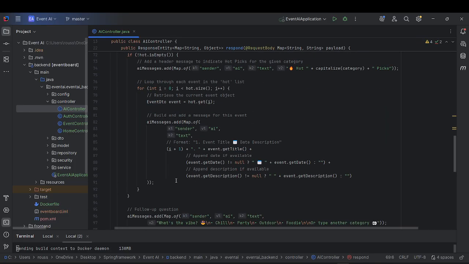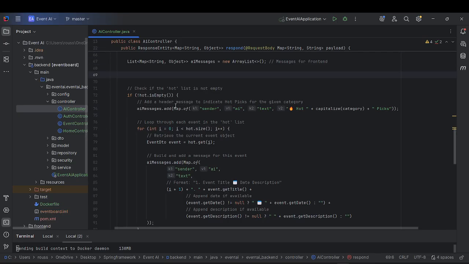So yeah, moving on, we have check if the hot list is not empty. If the hot list is not empty, it's going to... Sorry, before I go on, you have AI message add map of sender, AI text hot plus capitalized category and pics. So this is just going to add a header message to indicate the hot pics for the given category. Next, it's going to